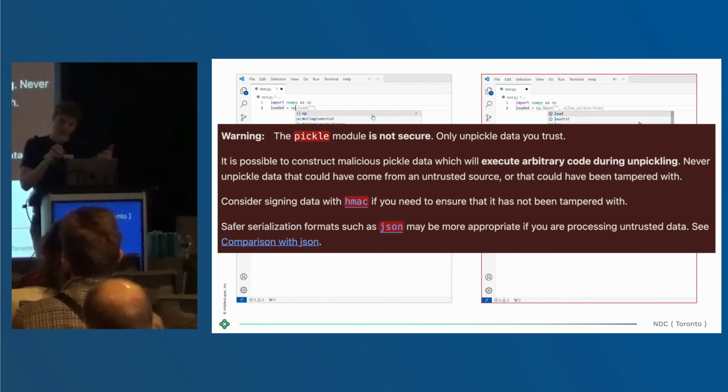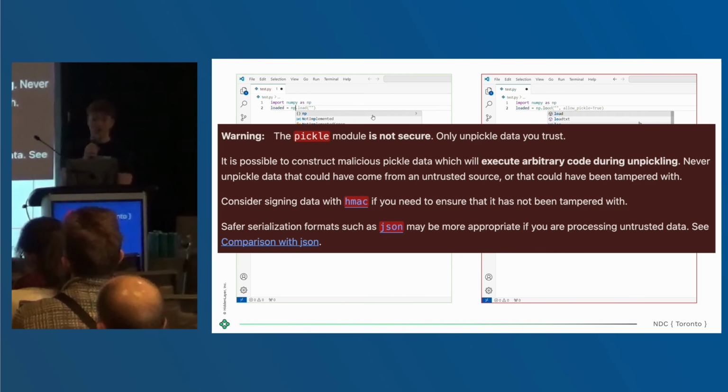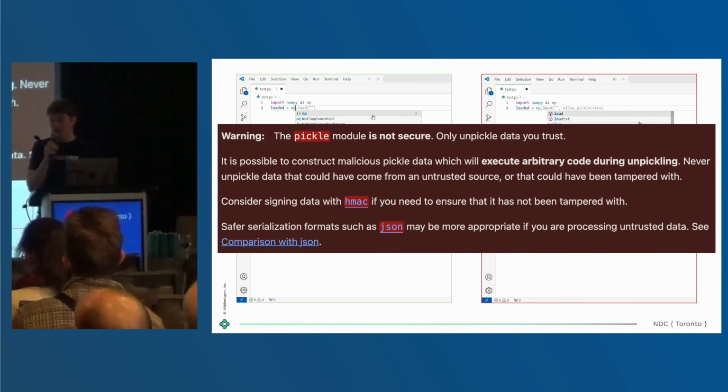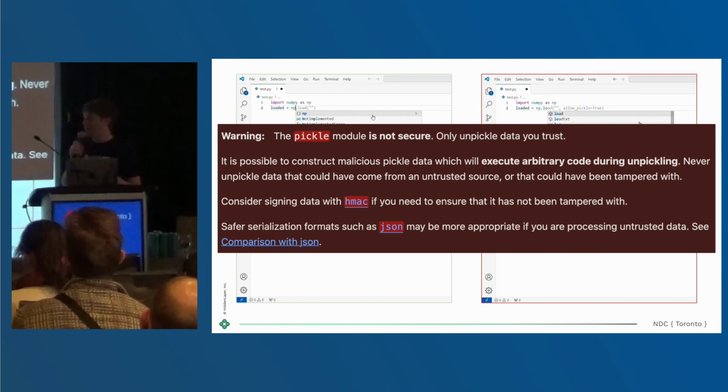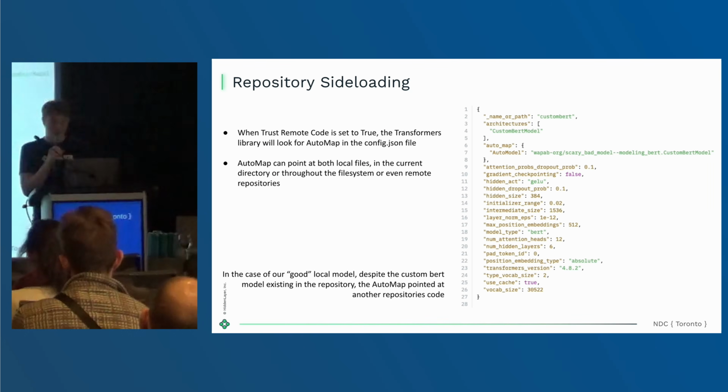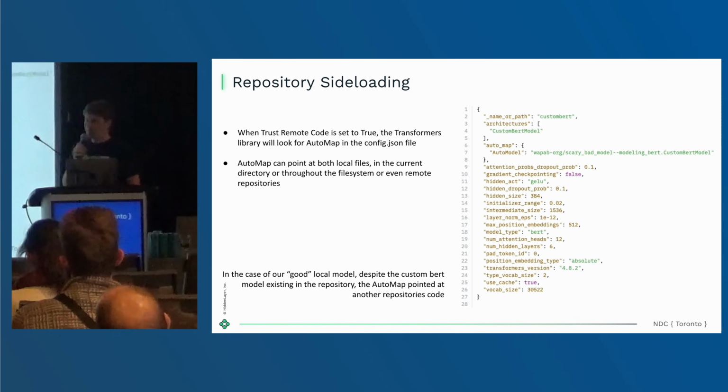Yeah, so obviously you don't want any of the code you're writing to be backdoored. That'd be pretty bad. And Ken actually did all of the checklist items correctly. He checked to see what type of file format it was. He checked to see if it was trust remote code. He checked the actual code to make sure there was nothing bad in there. However, there are a lot of other little caveats that can result in arbitrary code being executed when you load a model, such as, for example, repository sideloading.